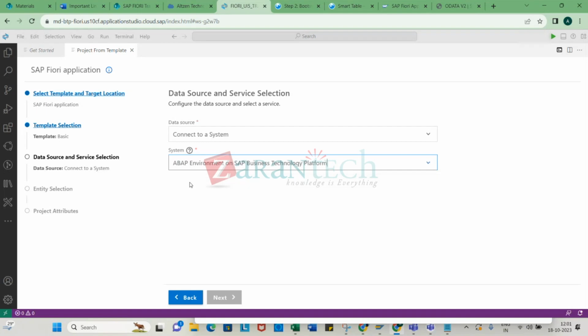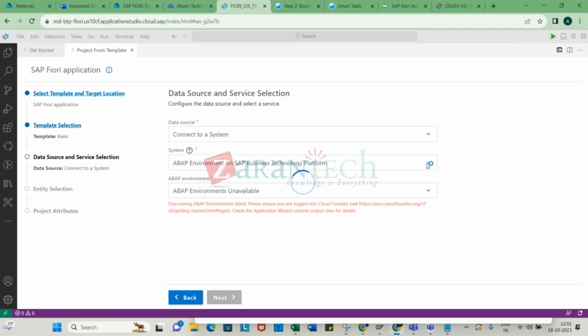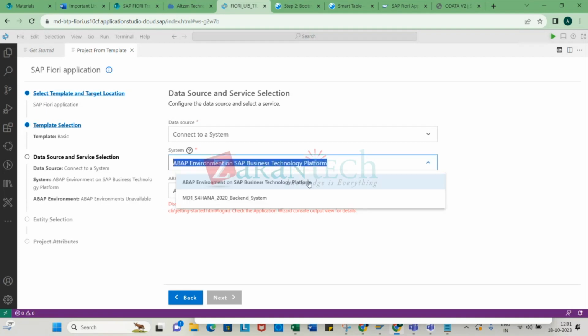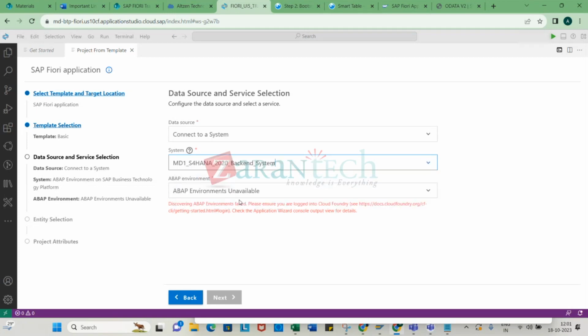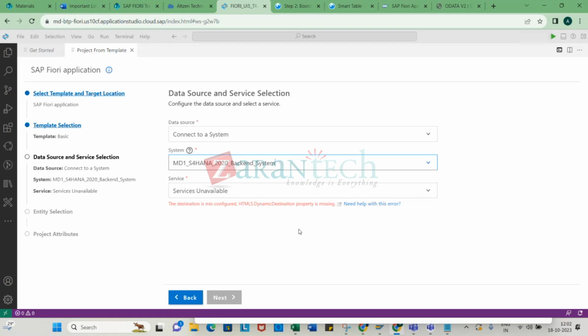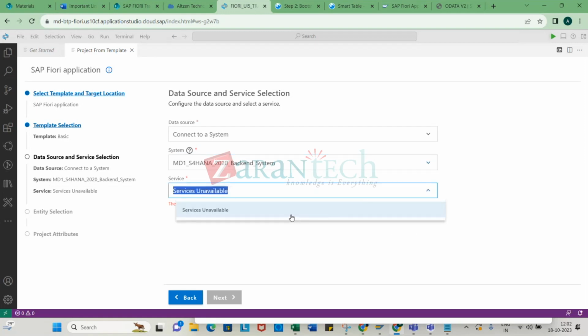So you select here ABAP environment for SAP Business Technology Platform. All right, in our case it will not be applicable. That's the reason it will give you an error. Right now, we are going to use our destination service via our S4 HANA service data connectivity. So in this scenario, when you are using a template, it will ask you for data source and service selection, all these things, so that whatever you do,